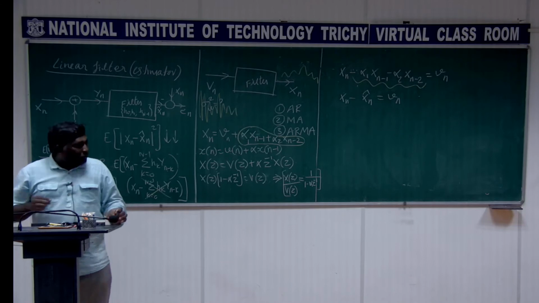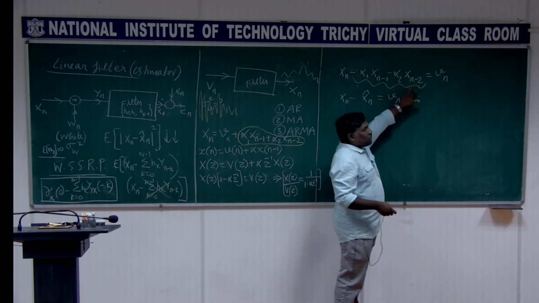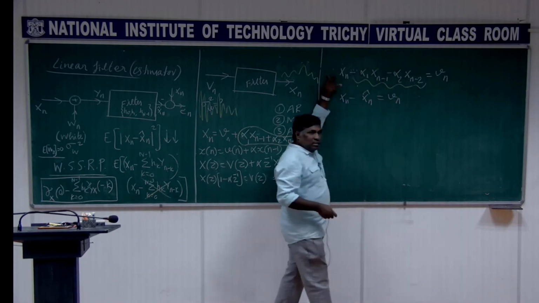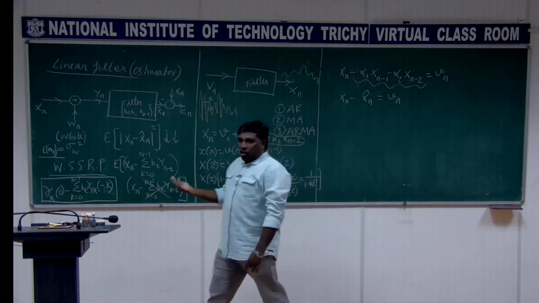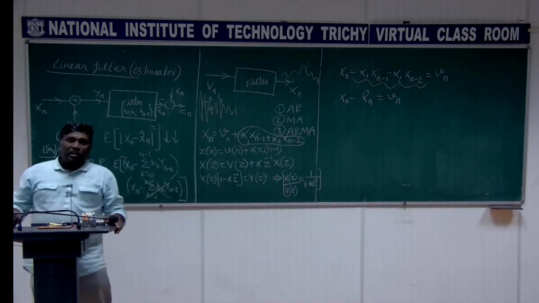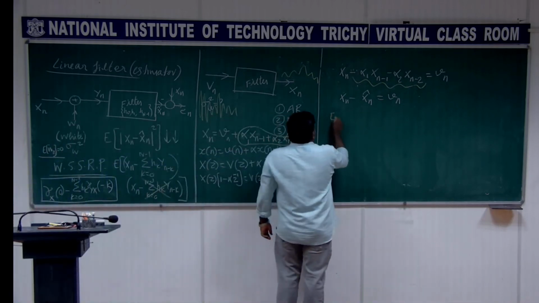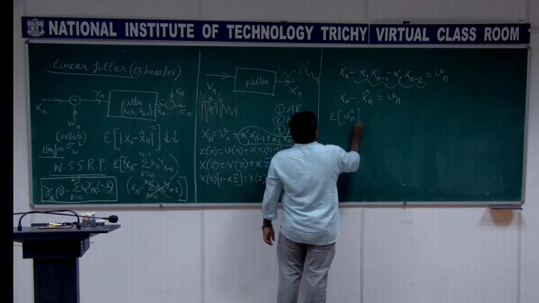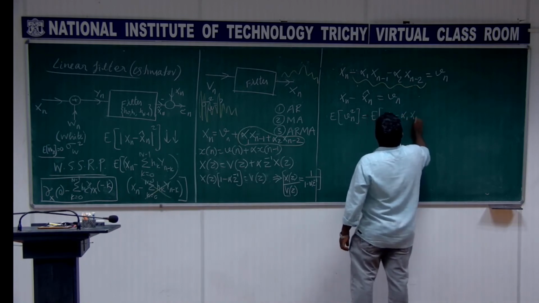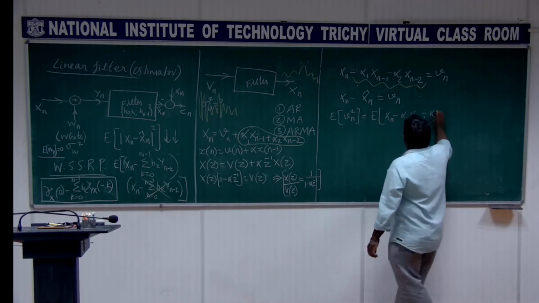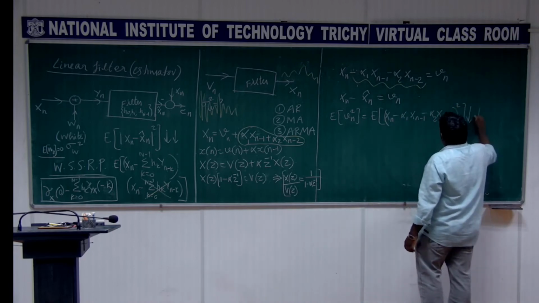So what does it mean? It means that Xn minus 1 and Xn minus 2 are predicting Xn, because that is going to be your error. Vn is the noise here. I try to minimize this error, Vn. So for finding this coefficient, we try to minimize the squared error as usual: Xn minus alpha 1 Xn minus 1 minus alpha 2 Xn minus 2, the whole square. This needs to be minimized.